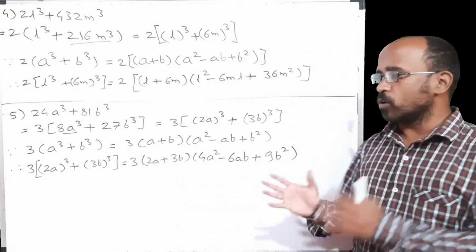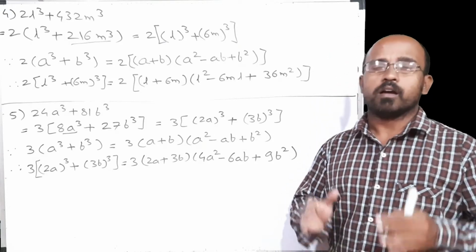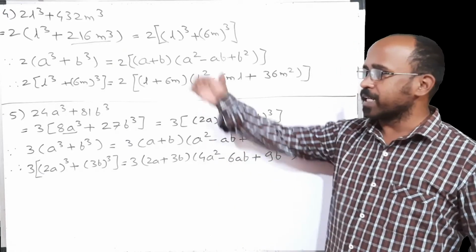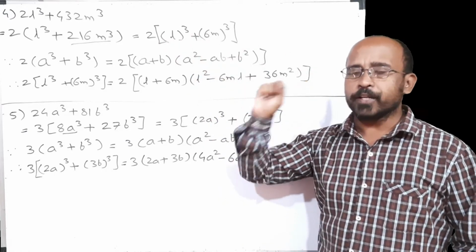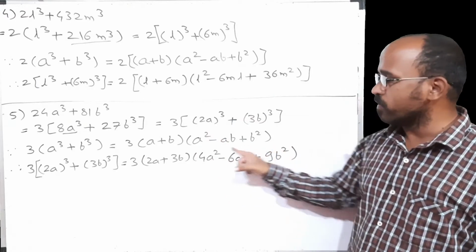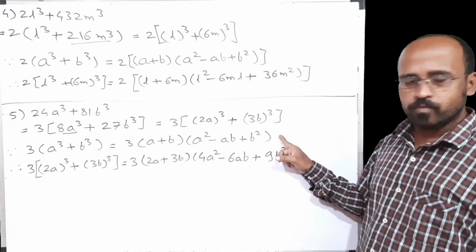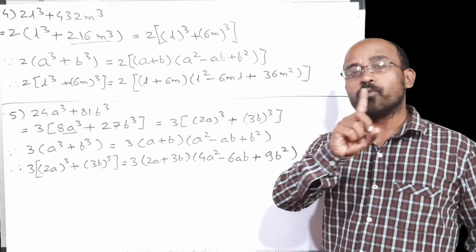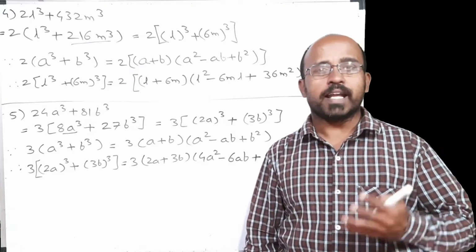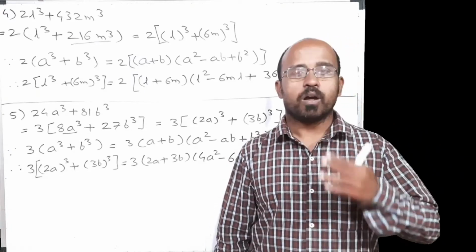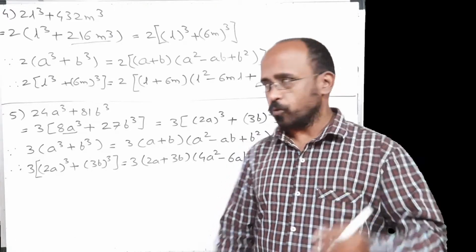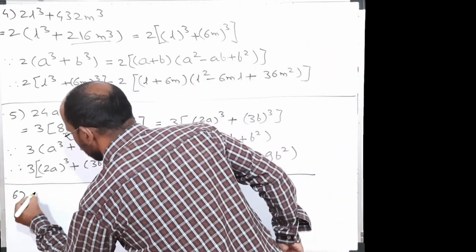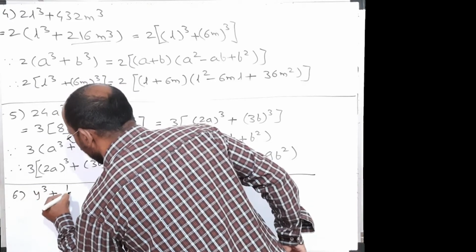Students, once again it is one of the easiest things to solve. If you manage to find out the cube root, or if the given number is a perfect cube number, we can write the answer within one step. One step is the formula and the next step is directly the answer. Such kinds of problems we can write in one sentence only. Let us see one example with fractions. Example number 6 is y cube plus 1 upon 8y cube,